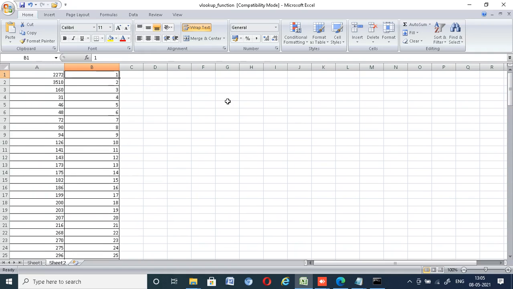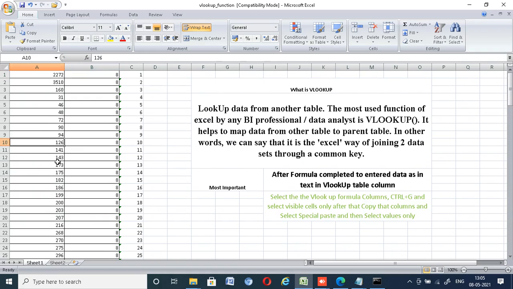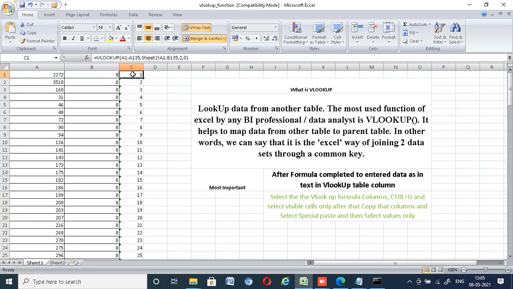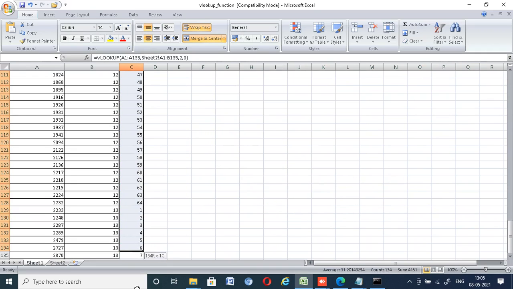One most important thing is, after getting the formula, we want to remove the formula. If you want to remove the formula, this is also written here. You will select the column and after that,